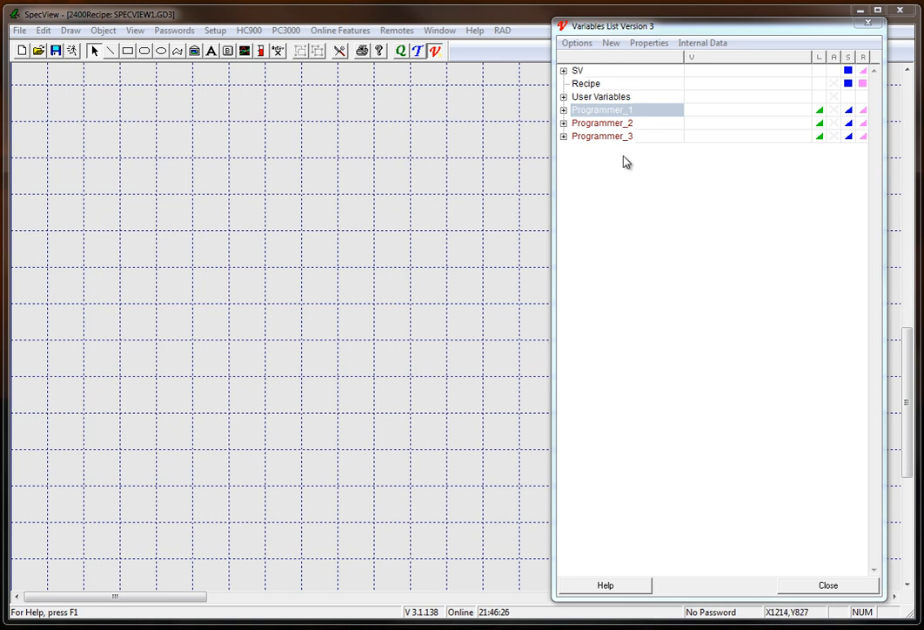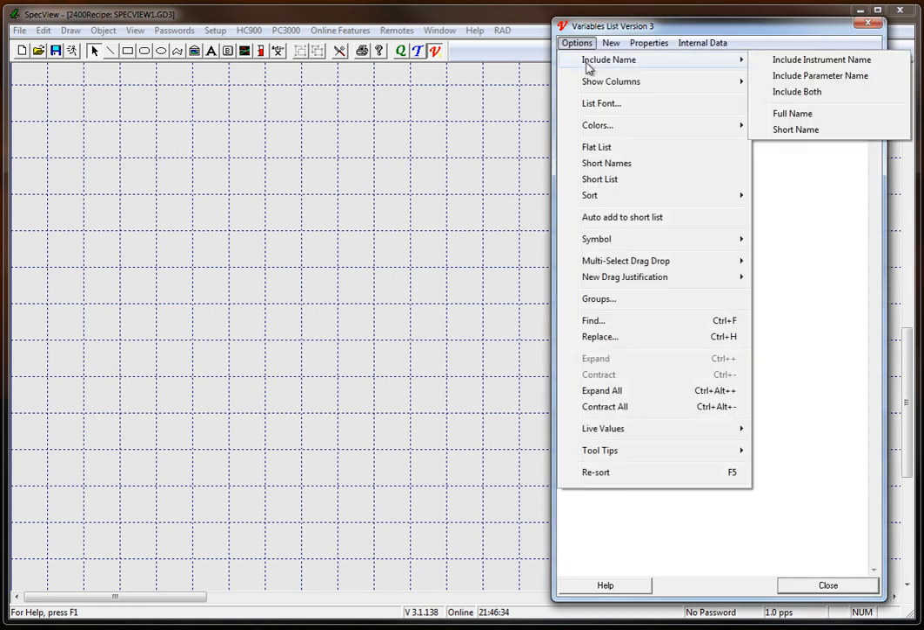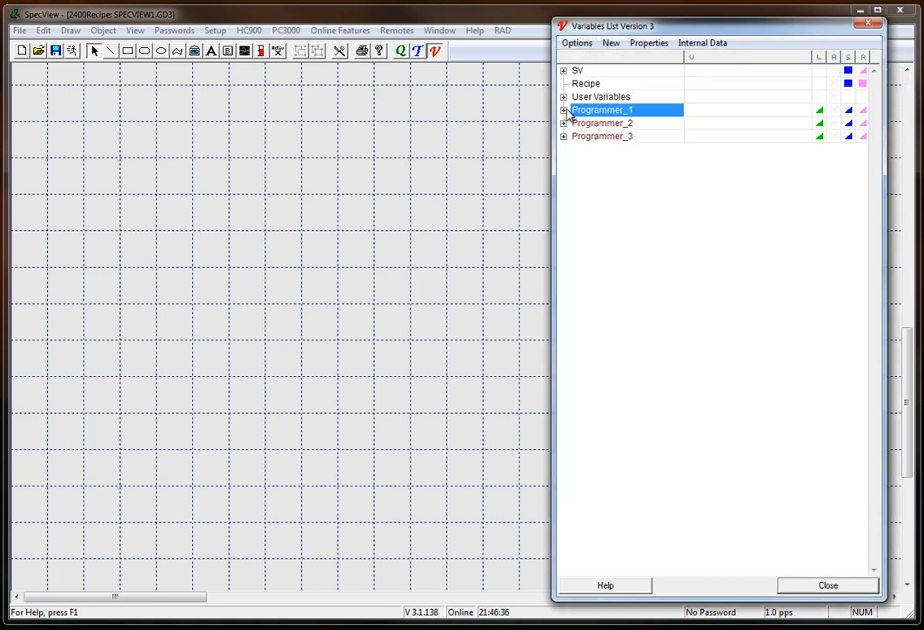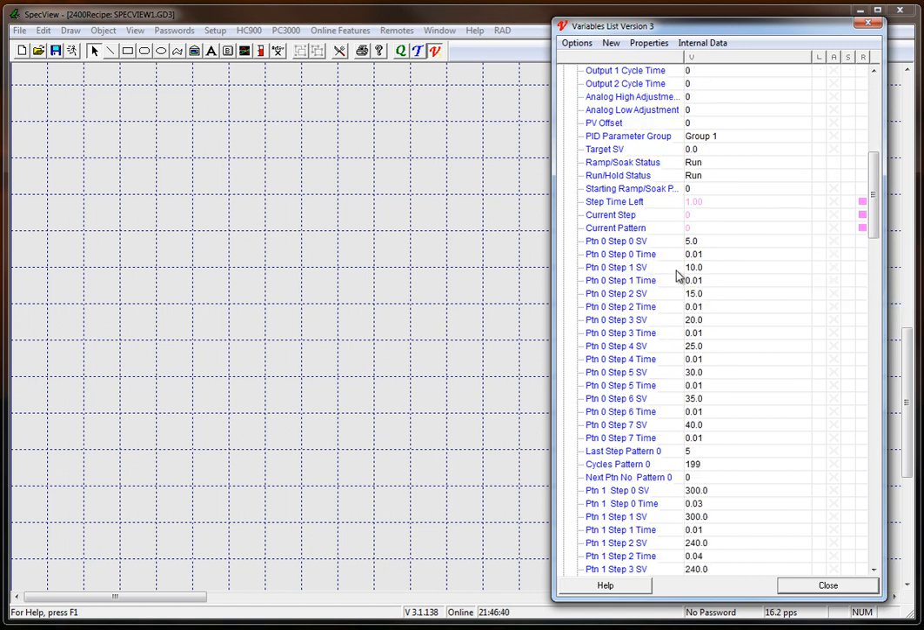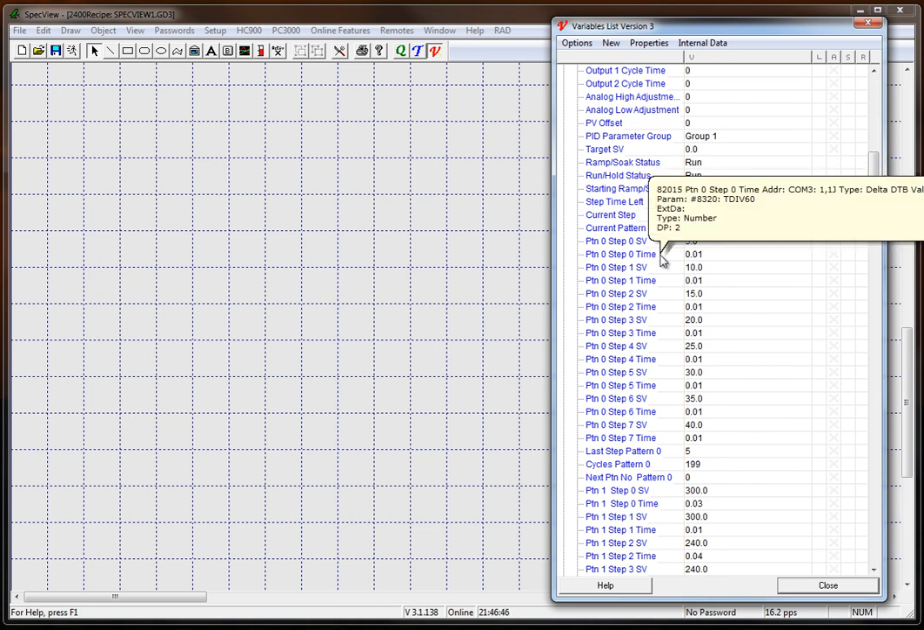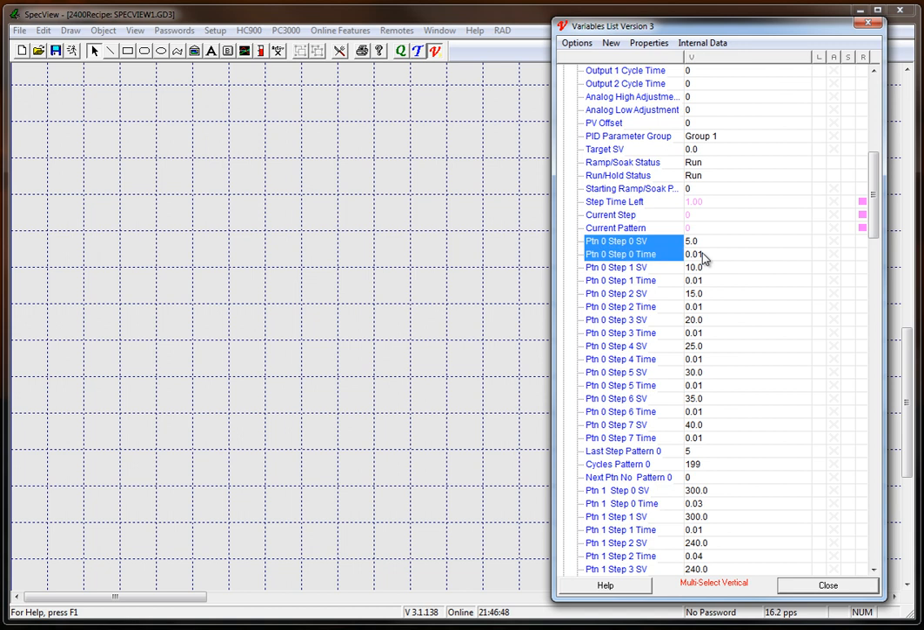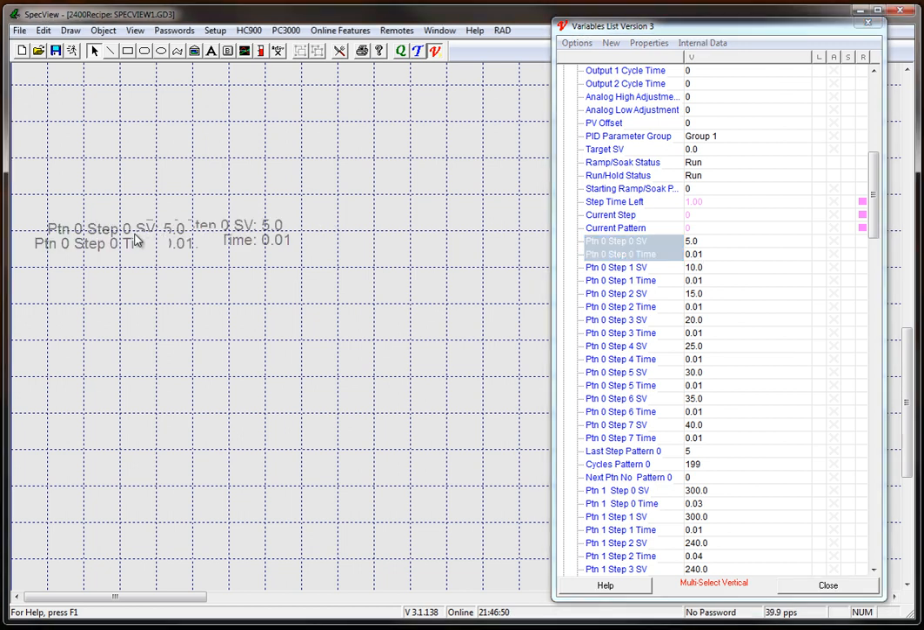So I've got an existing configuration here that's got 3 identical programmer controllers in it, so I'm going to make a recipe screen. The way that we make a recipe screen is just going to include parameter names. We put down on the screen the things that we want. So this particular controller is a very simple one. It's just got a target and a time. So I'm going to stick the target and the time out here